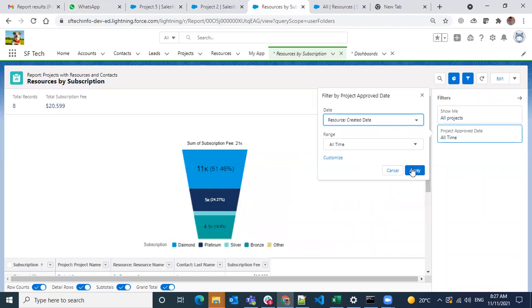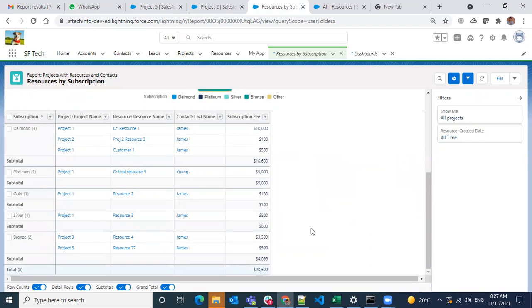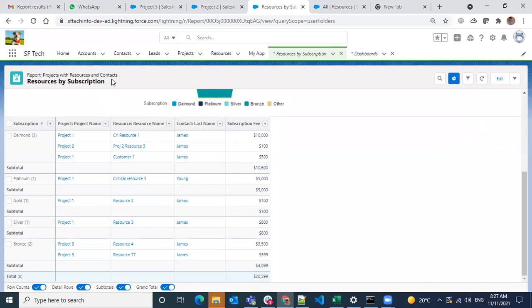Just set it to all time. Okay, some of the reports, I don't have access. That's why it's not showing up. Resource 6 not coming.